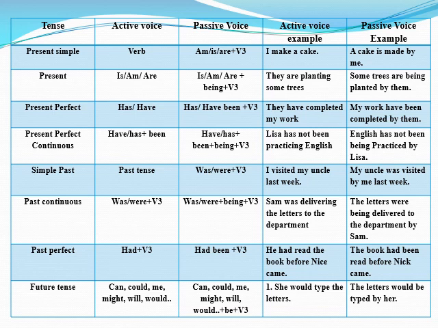And future tense. Can, could, may, might, will, would, should be added with be plus third form of the verb. She would type the letters. So would should be changed into would be. That's all. The letters would be typed by her.